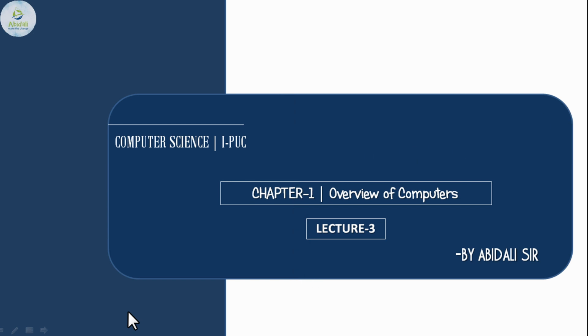Dear students, in the previous lecture video, we have come across components of hardware. The different components that we have discussed are the input-output unit, CPU, that is central processing unit, and the memory unit. So in today's class, we'll have a look at the other terms that are related to the computer.